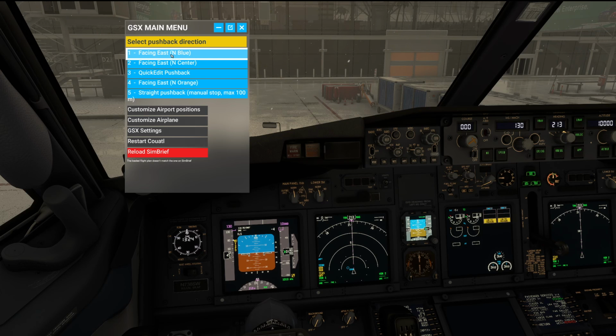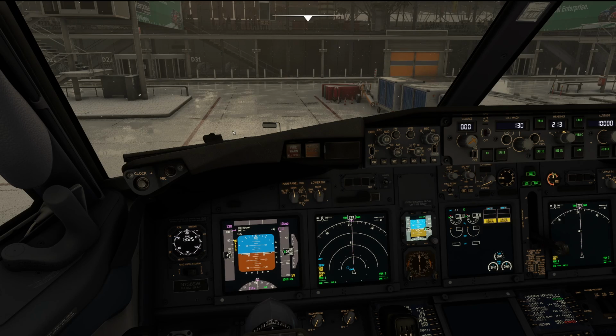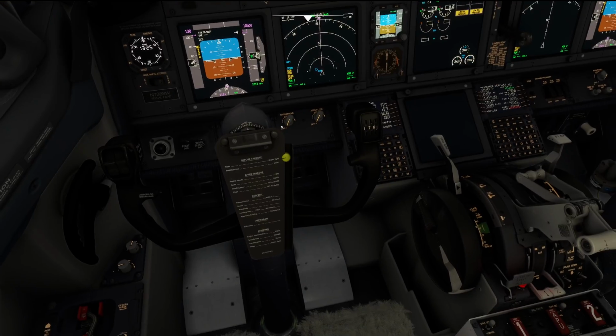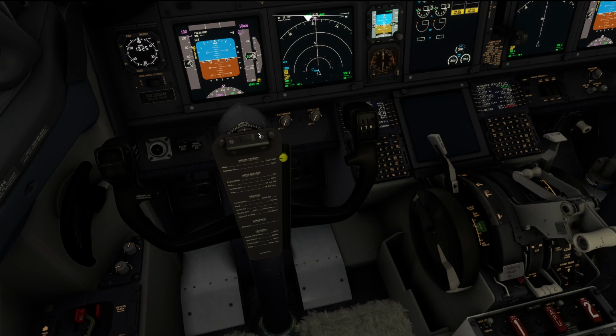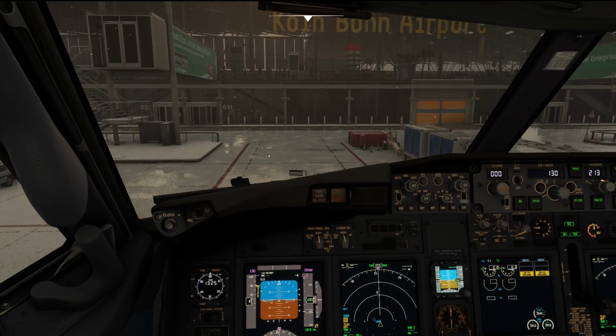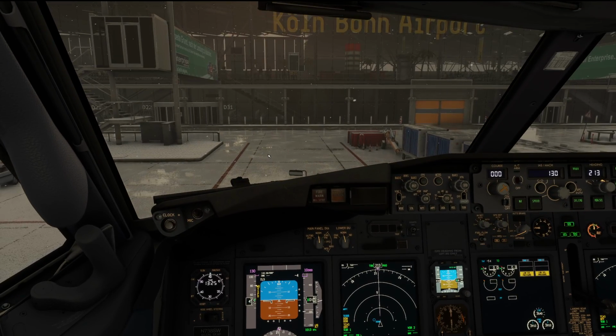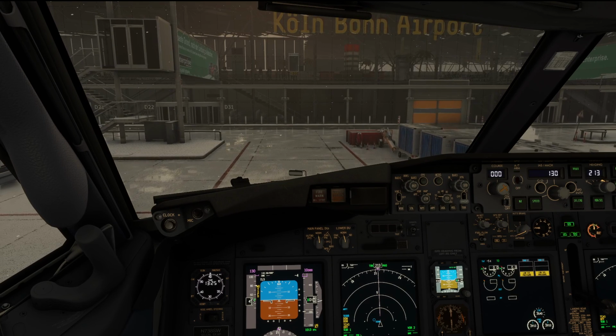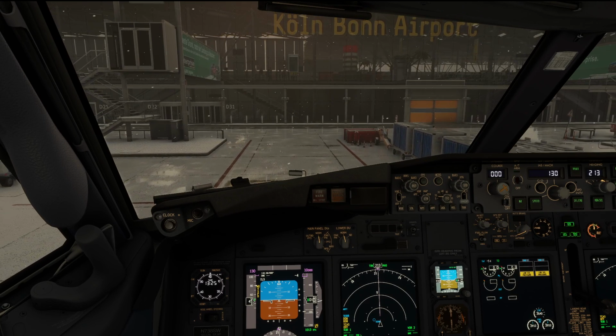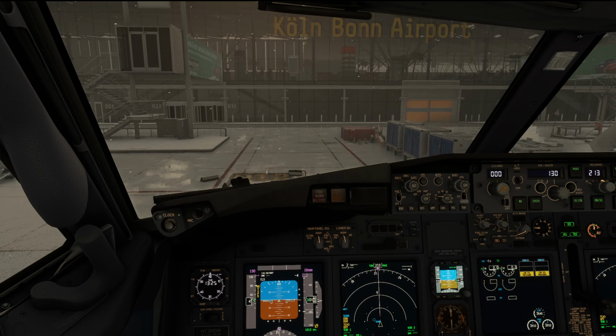That is interesting. Now, in real life, we do start our engines during the pushback. I don't know why GSX is doing this. Release parking brakes. So, the parking brake is now released. Commencing push. Due to icing conditions, please stand by for engine start until push completed and brake set. Alright, so